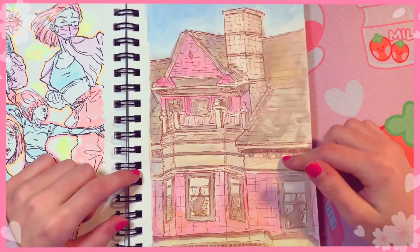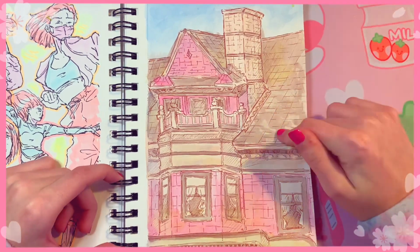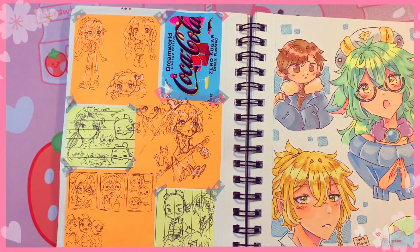And this is a bed and breakfast house that I sat outside of, and I drew it, and then I added watercolor. Over here I have some doodles, some concept ideas, and